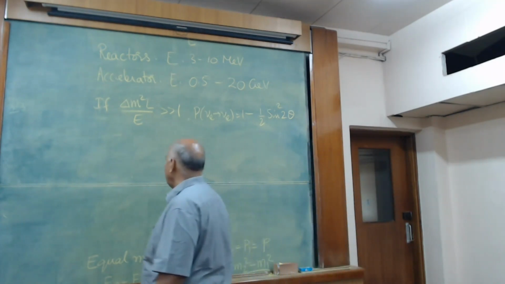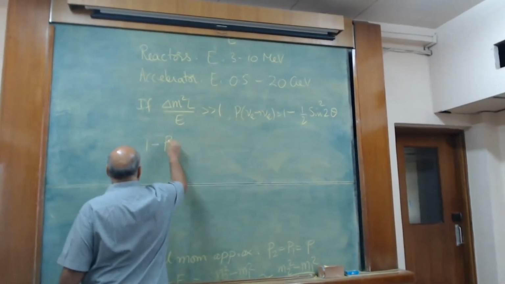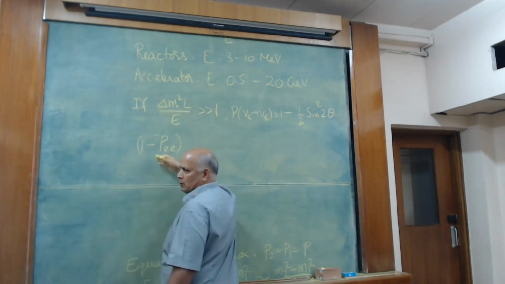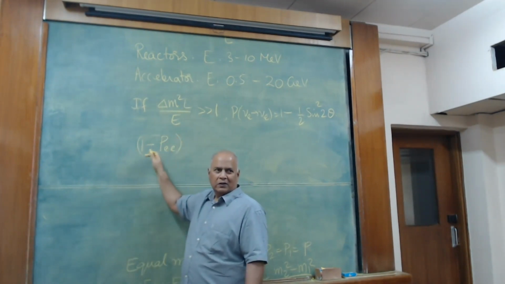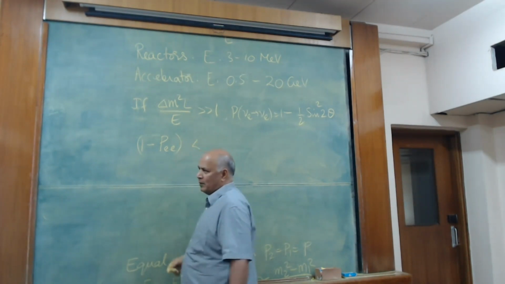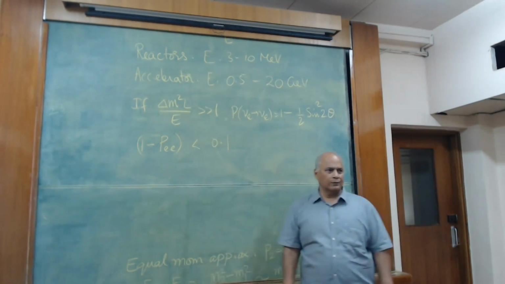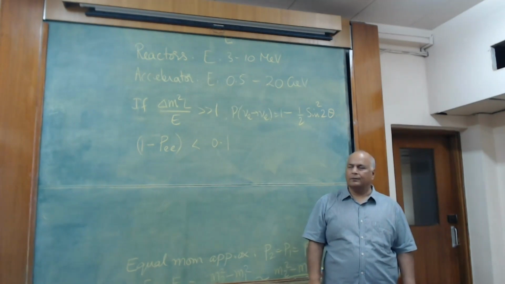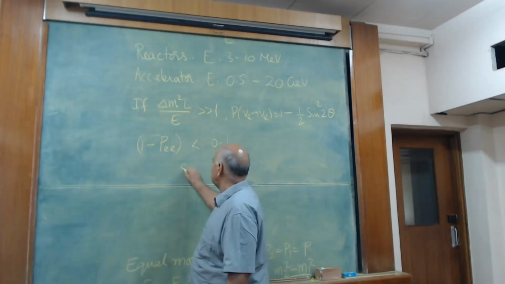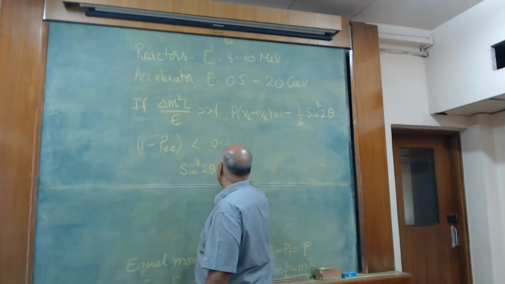So they all had a constraint, or in the case of accelerator experiments, it is 15 mu. This is less than some number, let's say 0.1. So, which means sine square to theta